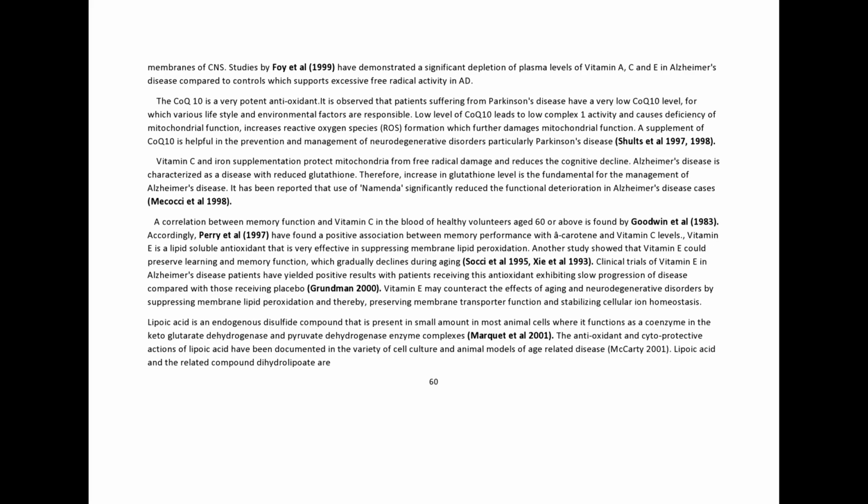Vitamin E may counteract the effects of aging and neurodegenerative disorders by suppressing membrane lipid peroxidation and thereby preserving membrane transporter function and stabilizing cellular ion homeostasis. Lipoic acid is an endogenous disulfide compound that is present in small amount in most animal cells, where it functions as a coenzyme in the ketoglutarate dehydrogenase and pyruvate dehydrogenase enzyme complexes, Marquet et al. 2001. The antioxidant and cytoprotective actions of lipoic acid have been documented in a variety of cell culture and animal models of age-related disease, McCarty 2001. Lipoic acid and the related compound dihydrolipoate are